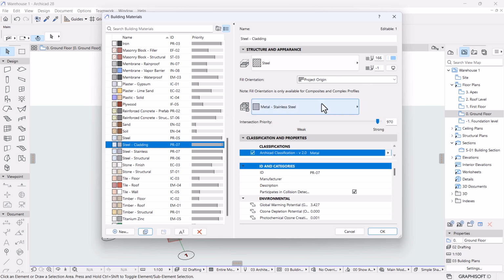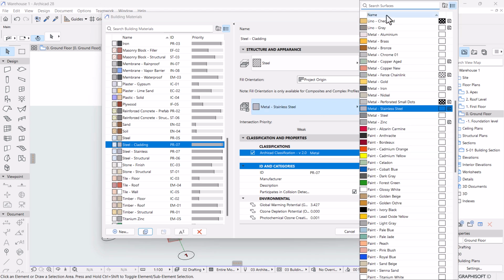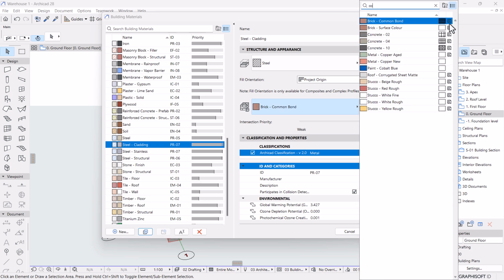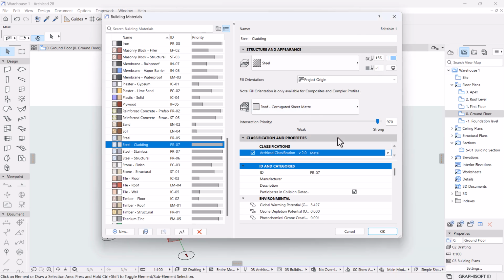Right, and then we're gonna set some few parameters here, like the fill. The fill, we want it to be a corrugated sheet. If we have, I think should be under roof corrugated sheet, man. Okay, and then the other thing that we need to change is the fill, but I think this one, I think it's appropriate for now. So we can hit OK